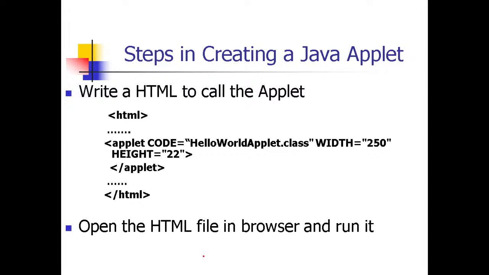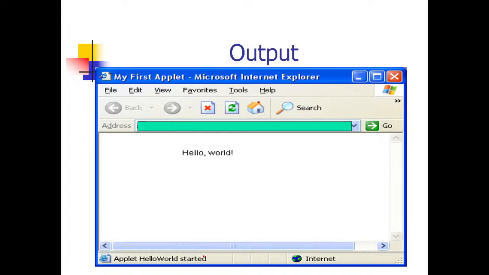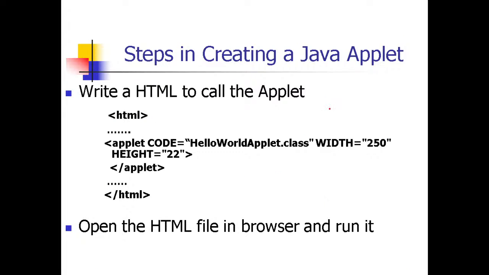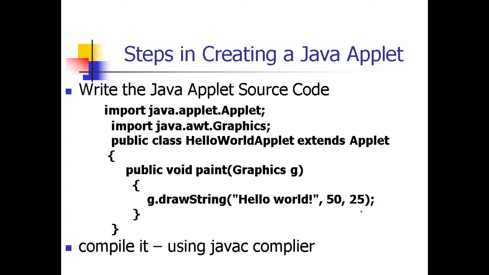इस फाइल को आप .html के नाम से सेव कर दो। अब आपके पास 2 तरीके हैं, या तो आप इसको एपलेट व्यूअर के थ्रू चला सकते हैं, या फिर आप अपने ब्राउजर में भी इसको ओपन कर सकते हैं। HTML फाइल को ब्राउजर में ओपन करना है या एपलेट व्यूअर से, तो आपको कुछ आउटपुट ऐसा सा दिखेगा, जिसमें Hello World हमारा स्ट्रिंग था जो हमने यहाँ पे ड्रॉ करा था, और 50 और 25 ये हमारे कोऑर्डिनेट्स हैं जहाँ पे हमें इसको प्लेस कराना है। तो ये हमारा जावा एपलेट का एक कंपाइलेशन हो जाएगा।